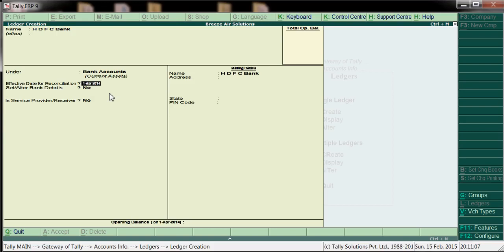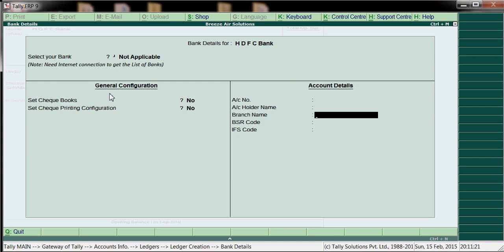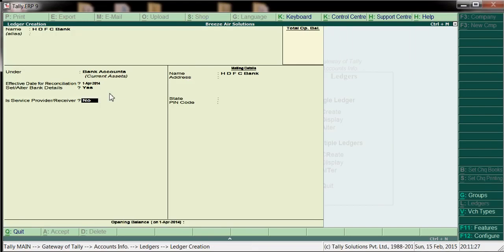If you want to alter any bank details, you can choose that. I'll give clarity on this in depth later. First we'll create the bank.